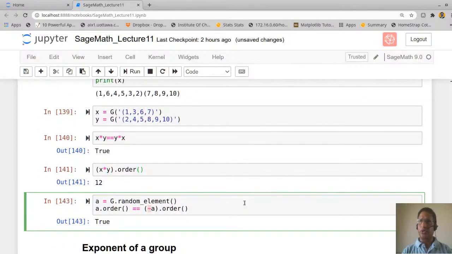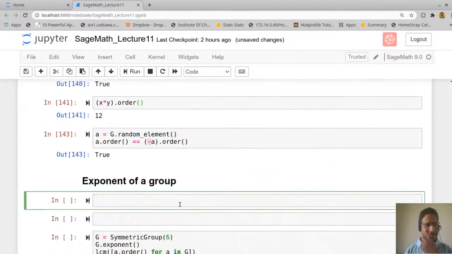Now let us look at how we can also find the exponent of a group. What is the exponent of a finite group? If you have a G which is a finite group, then you look at the order of each element in this group, and take the LCM of all these orders. That is what is called the exponent. In other words, if k is the exponent, then k is the smallest integer for which a to the power k is identity for every a in G.